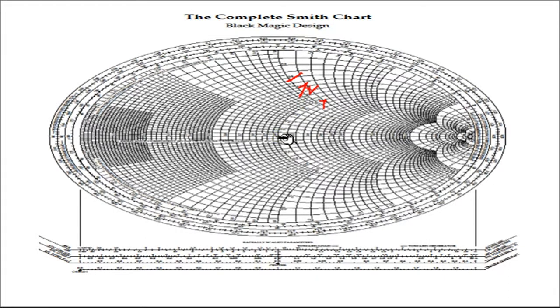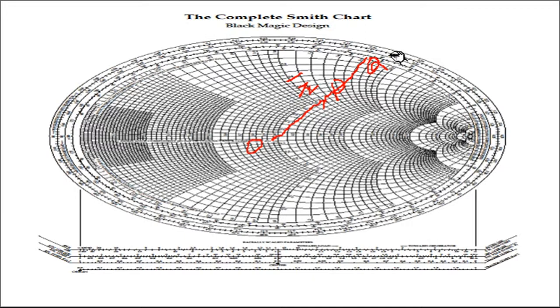So the center of the Smith chart, I will name it as O, and name this point as P. Take a scale from O to P, join them and continue this line till it touches this circle. That's it, not this arc. This is the Z equal to 0 circle, the circle which I am talking about. So you should extend this till this point, and name this point as Q.